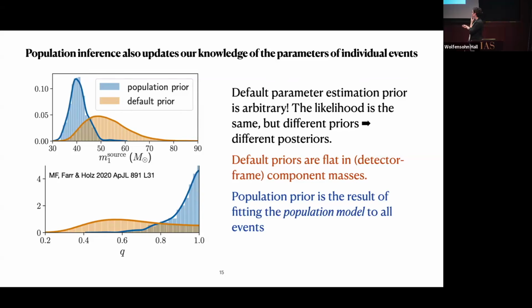Similarly for mass ratio, in this catalog, we only had equal mass systems pretty much. So we inferred with our population model that Q was always close to 1, and now we know that's not always the case. So it might look a little bit more like the default. But yeah. Now we don't really care. At the time, this event was a very interesting event because it was the most massive thing we'd seen. And obviously now it's like, oh, a 50 solar mass black hole, that's normal.